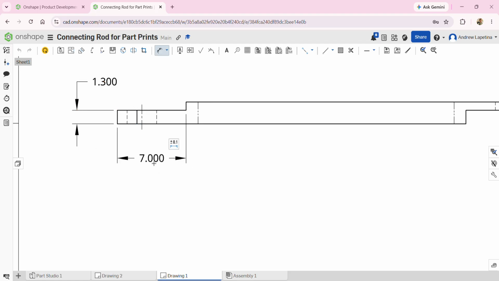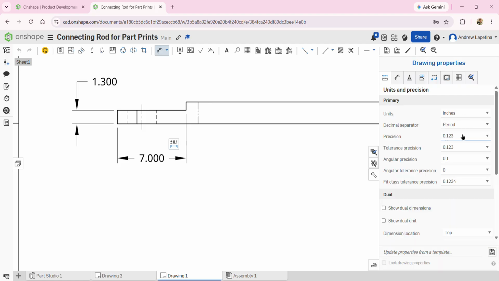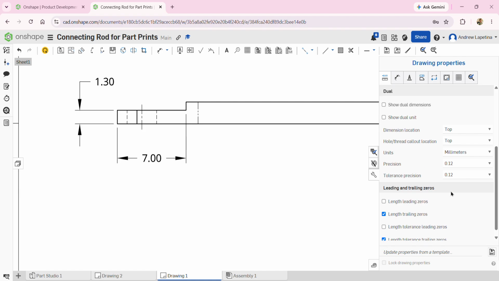Oh, and one thing I'm noticing is that these dimensions have three digits of specificity on them. So what I'm going to do is go to the drawing properties, and I'm going to change this precision to 2, and that should reduce all of them. So if I do that here,